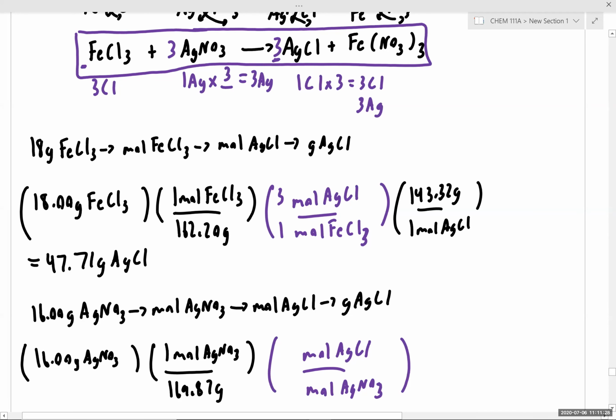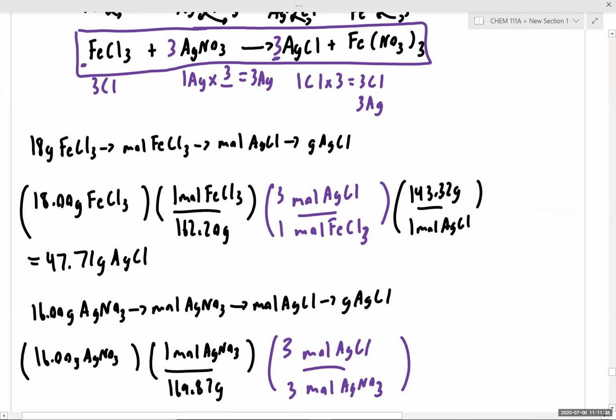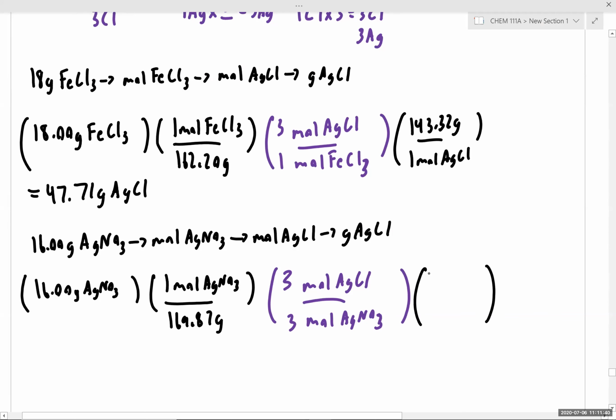3 to 3, yep, exactly right. We have 3 moles of silver chloride for every 3 moles of silver nitrate. Okay. And then finally, we know that we have 143.32 grams per 1 mole of silver chloride. Perfect. So now all we have to do is punch this into our calculator. So we have 16 over 169.87 times 143.32. And that in turn gives us